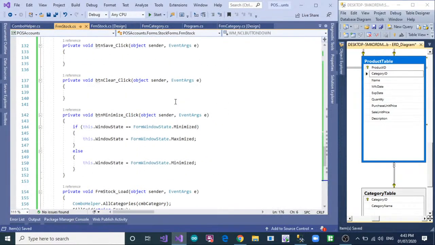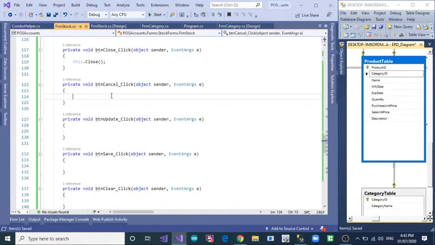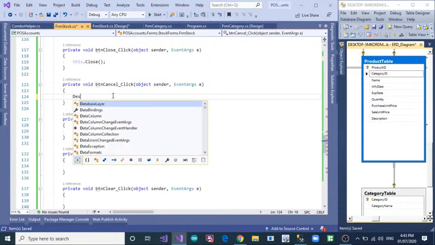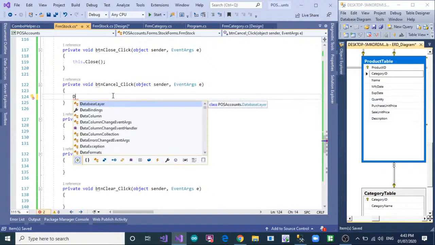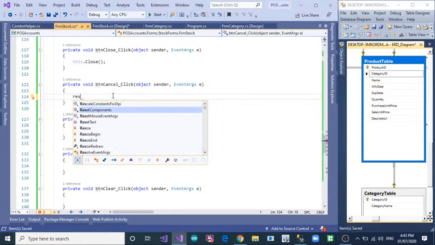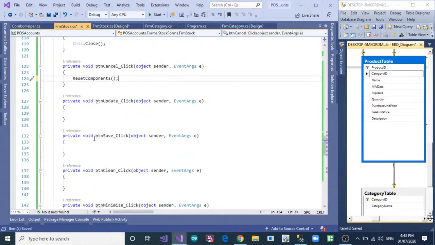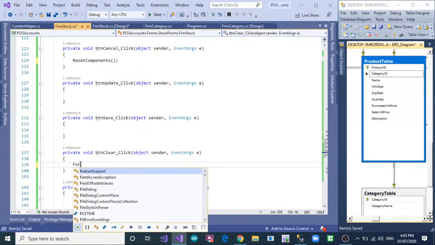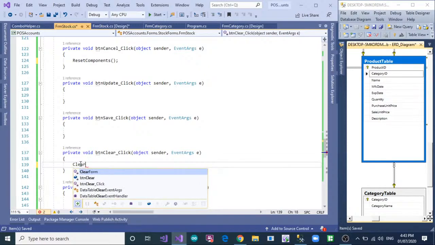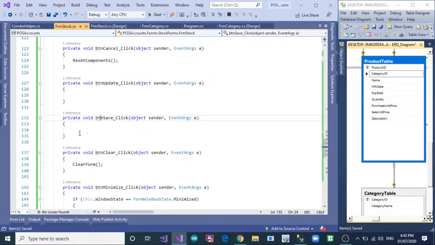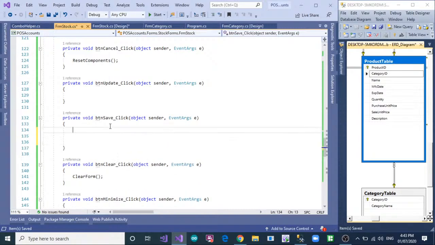I'll go again to the save button. Cancel button is the disable components. Yeah, reset, sorry, reset components. The clear button is the form clear or clear form method. And now on save button, set the ep dot clear and then